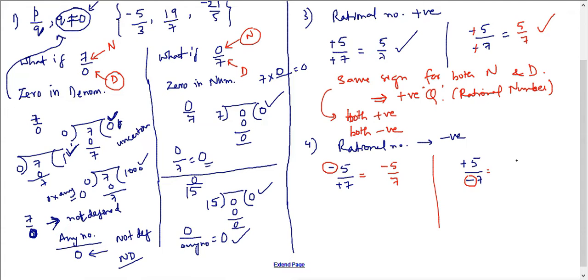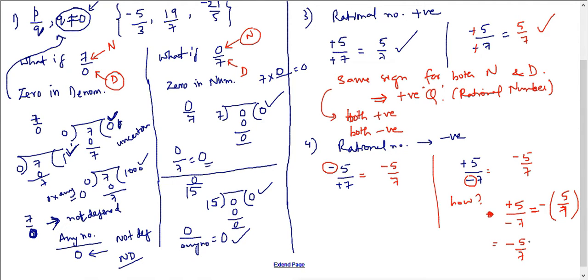First thing we write is minus 5 by 7. So let us write plus 5 by minus 7. You have to write this as minus of 5 by 7. I am taking the minus as a common symbol for the entire number, which is 5 by 7. So if you write this way, minus 5 by 7 can be rewritten like this.